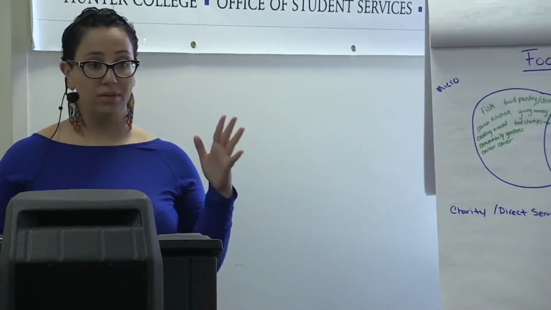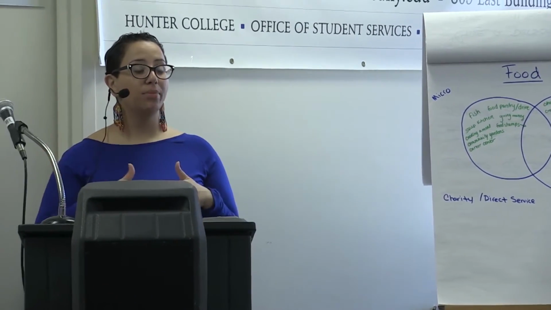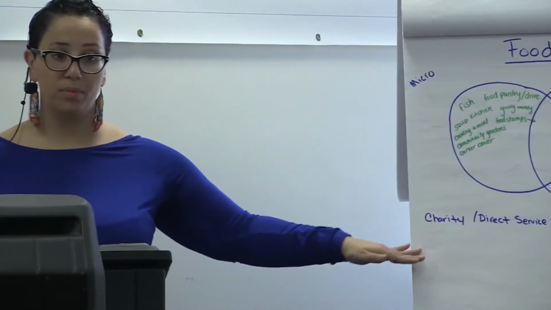The pros of charity and direct service is that you're addressing someone's immediate problem. The benefit of a macro level of social justice is that you're able to affect a large number of people. Both have cons. If you're just helping out one person, you're not able to affect a large amount of people. But also the policy changes we make may be very different from the original intention, may not affect or represent the people it's supposed to, and it may take years to push that policy through.